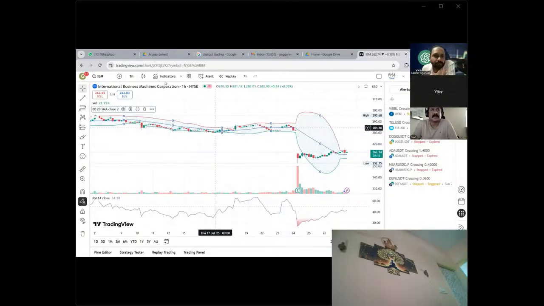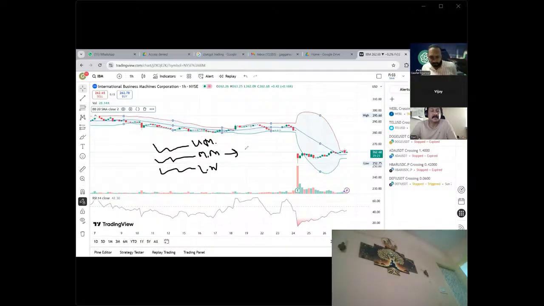Okay, so Bollinger Band. First, I'll talk about the Bollinger Band. So Bollinger Band has three medians: the middle median, the upper median, and the lower median. And the middle median is basically the 20 SMA, as I have shown you in the settings. So the middle one is the average.